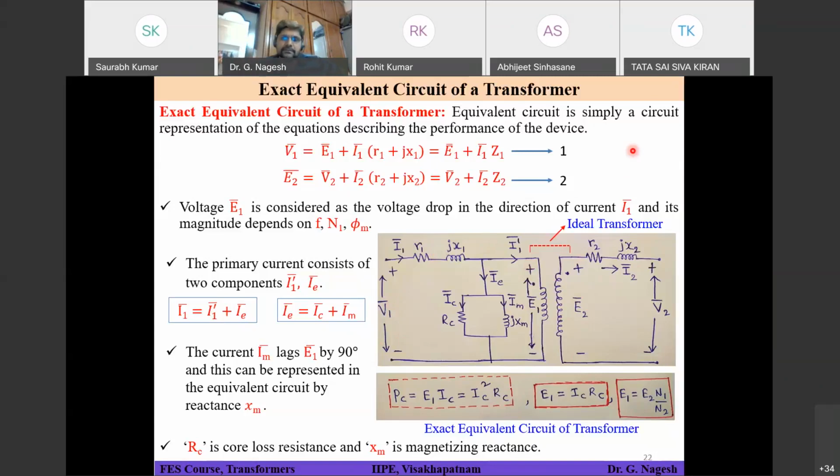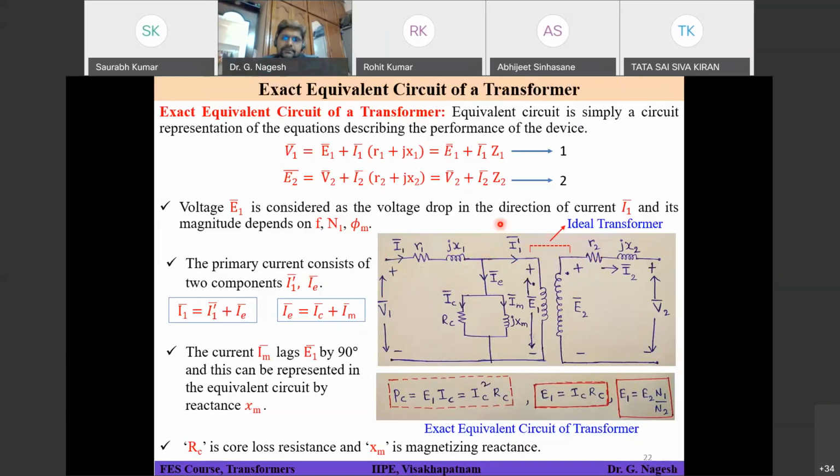You are understanding now? Right. So that is the reason why I am trying to transfer all the parameters which are on the secondary side to one winding. Okay, secondary to primary. Then whatever circuit I get after transferring, all the parameters will be at 100 volts level. So if I ask you to calculate efficiency or power loss, then it is easy for me to calculate. That is the reason why we are transferring all the parameters onto any one particular winding.